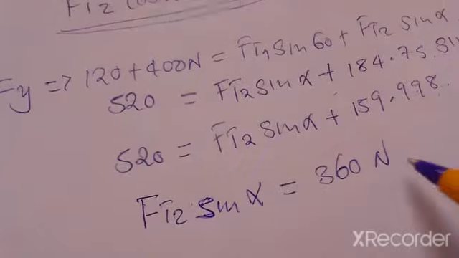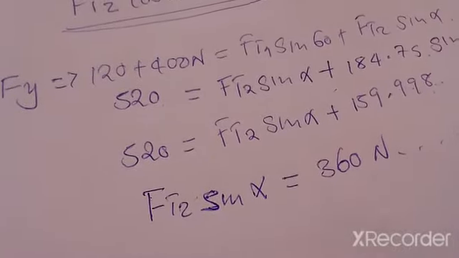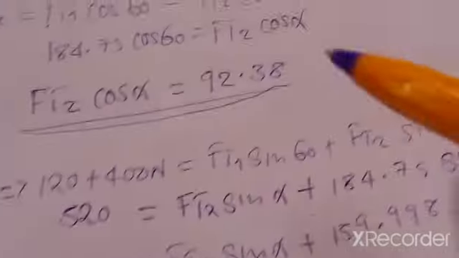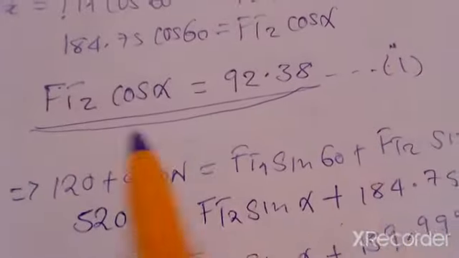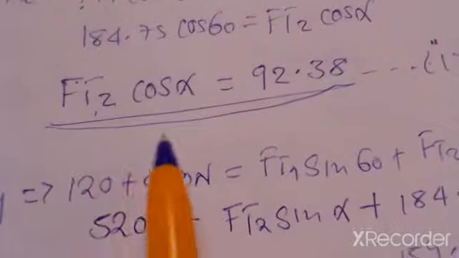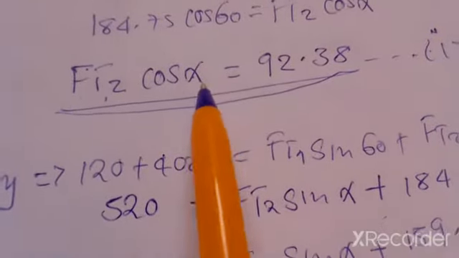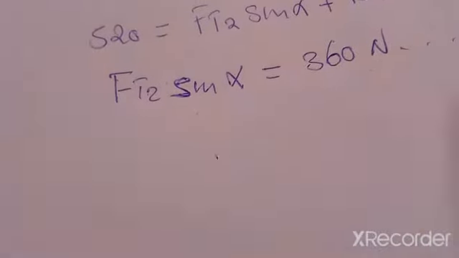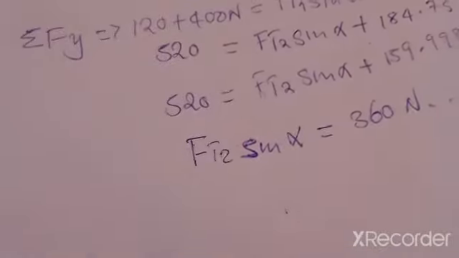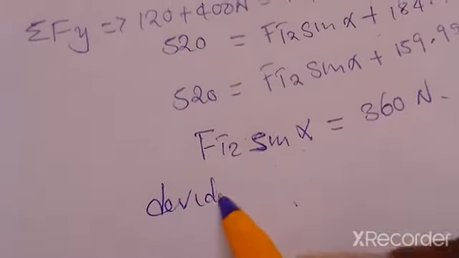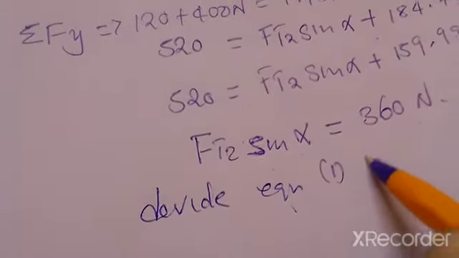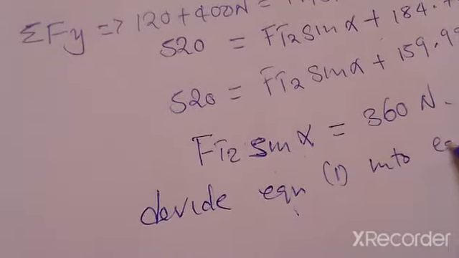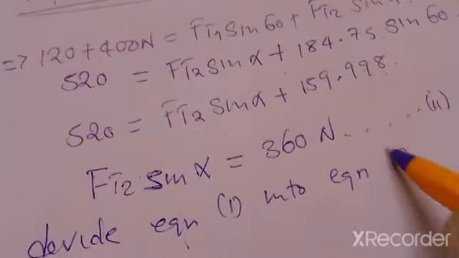So, okay, let's let this be our equation 2 so that this can be our equation 1, the one where we found ft2, because we've got two ft2s now. ft2 cos alpha giving us this, and we have got ft2 sine alpha giving us this, so we can do that. So if we divide equation 1 into equation 2, we'll get